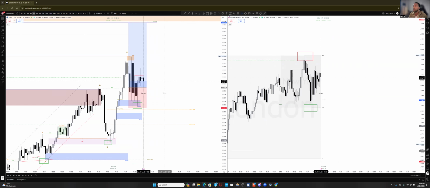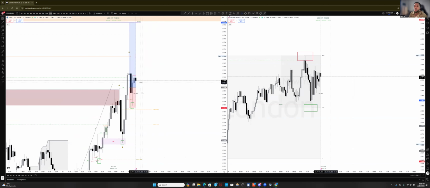Because at this point, we already know this is not going to continue bullish. We did not close a body on a 15-minute. In most cases, that's how I've seen it play out. If we would close a body above here, it would have continued in most cases. But usually when we don't close a body above that 15-minute candle, price is not able to continue higher.